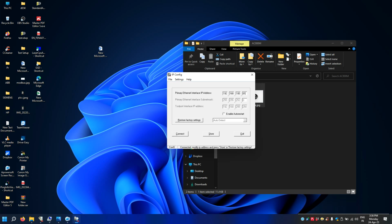like I will set 81, and if you want to change the subnet, go to the advanced mode, so you can change the subnet. Okay, so I'll be changing the IP address from 192.168.182 to 81. Okay, so now you click store, it gets stored, so it's done. So now if I ping it,